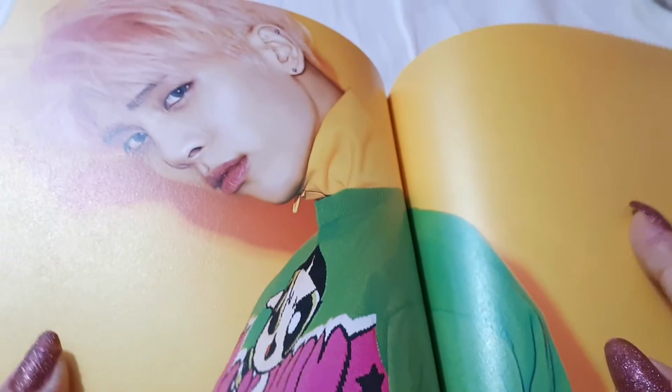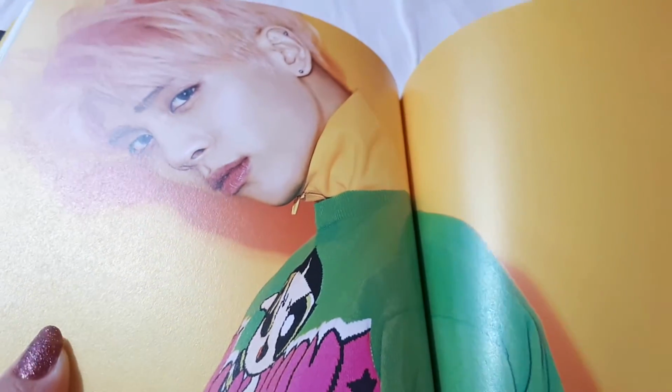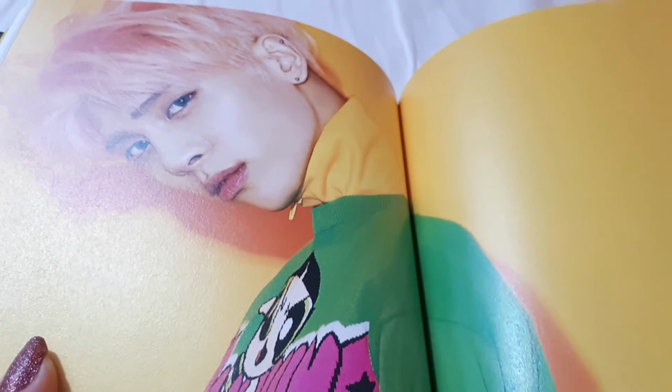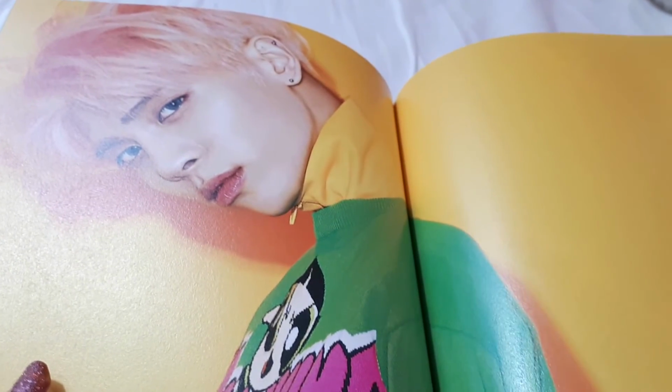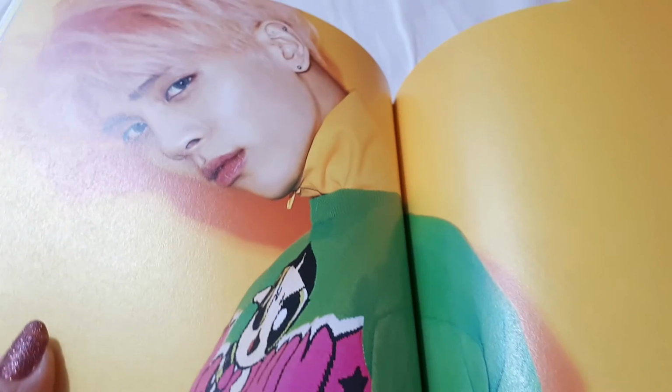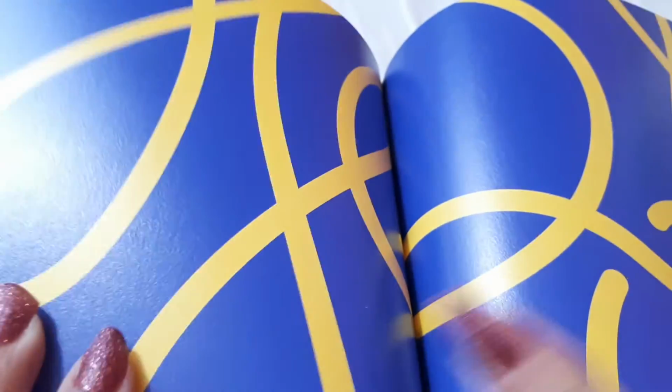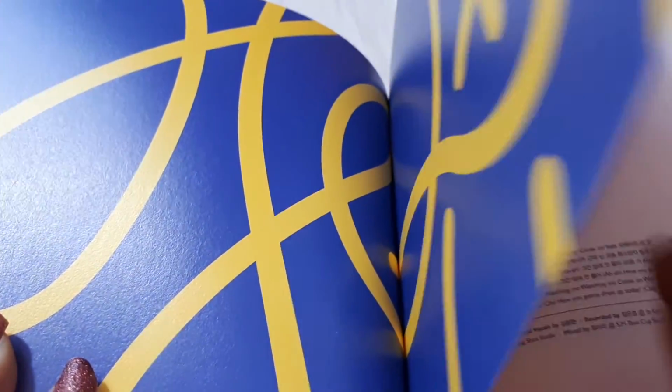And then I pretty much love every photo of him, but this one is also beautiful. I love these photos where his face is really zoomed in because you can see all the imperfections he doesn't have. Or I should say didn't have, but I like staying